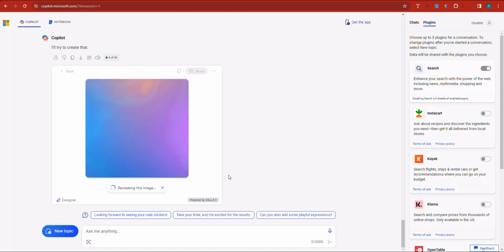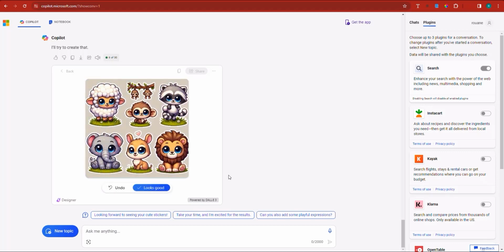Also, the time it takes to generate an image is pretty much the same as the others. These ones are, in my opinion, much better than the previous one. And these ones would do a lot better on Etsy, okay? And you can take these to Canva, like I'm going to do in a moment, by making sure I click